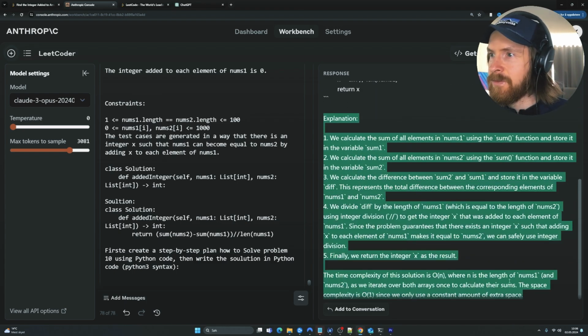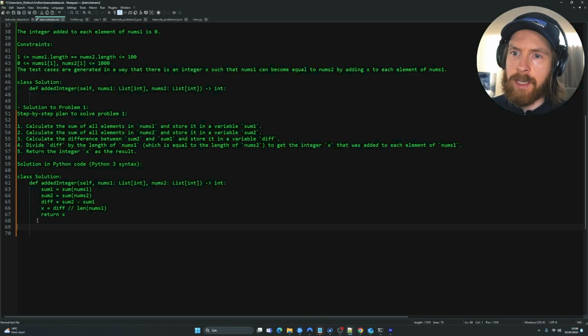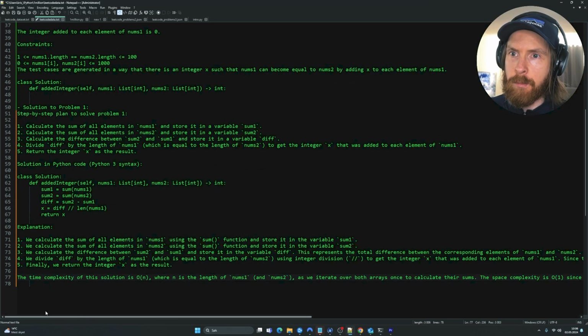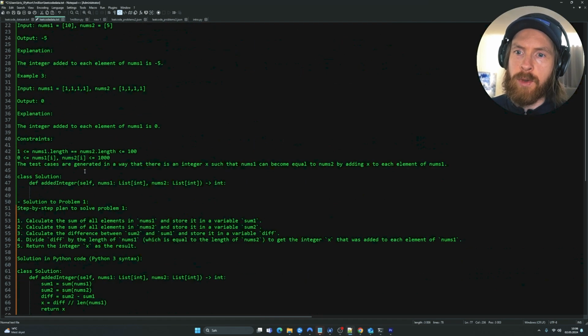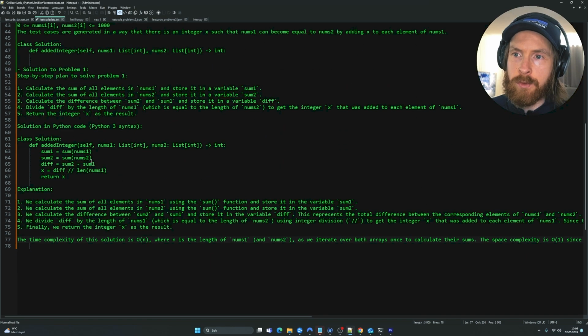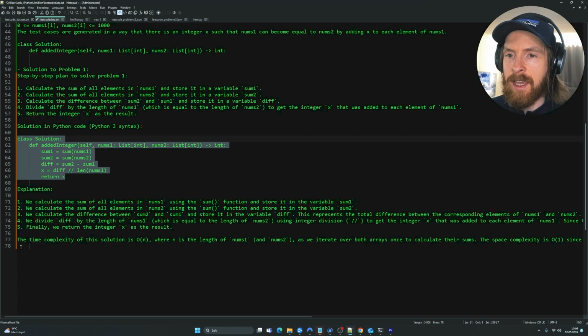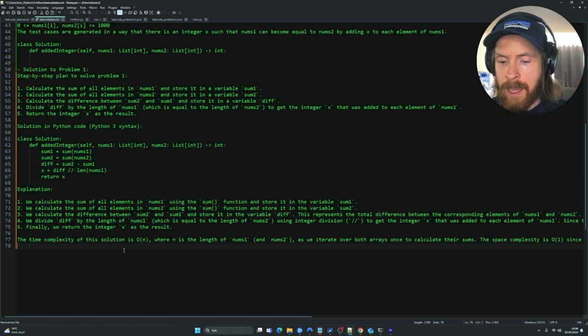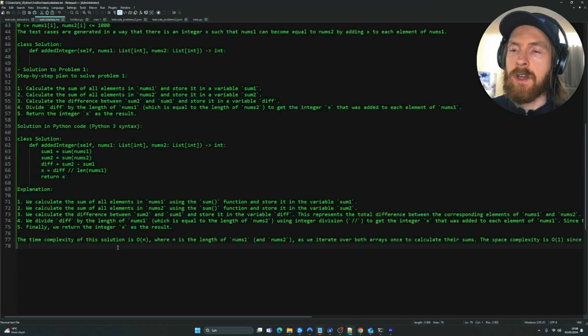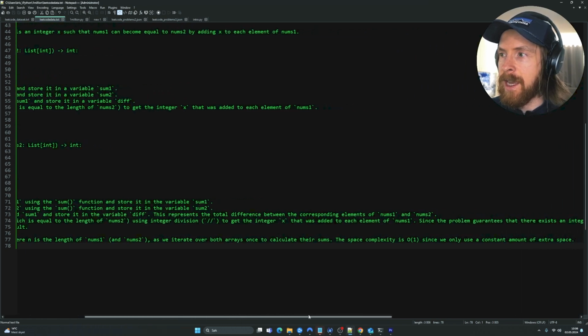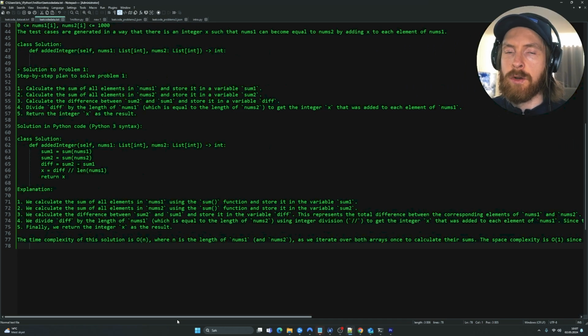And I think this is very valuable data, right? Because we kind of combined a problem with the step-by-step plan on how to solve it. We get the solution and we get the explanation. I think this is very good data. So now this is kind of ready. That means we are actually ready now to convert this into our first JSON